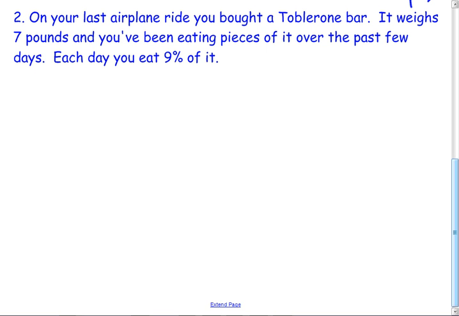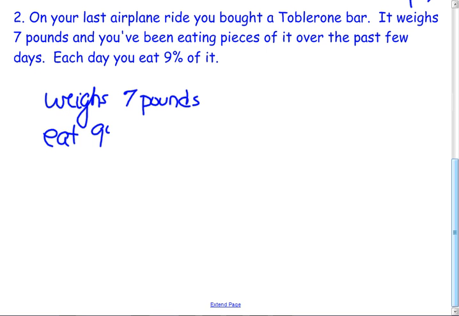This is a huge, huge bar, guys. It weighs 7 pounds. You wouldn't eat it all at once. Think of this as Easter. A lot of you get Easter baskets and those big chocolate bunnies. You don't eat the whole thing all at once, do you? Okay, you're going to eat